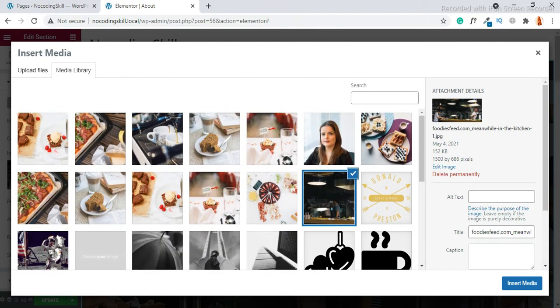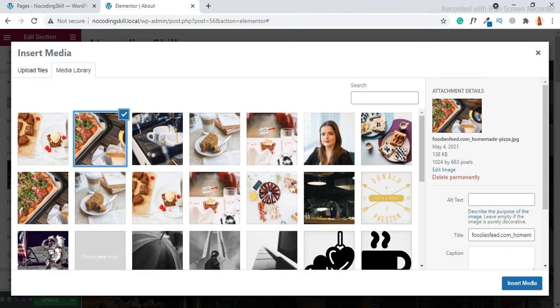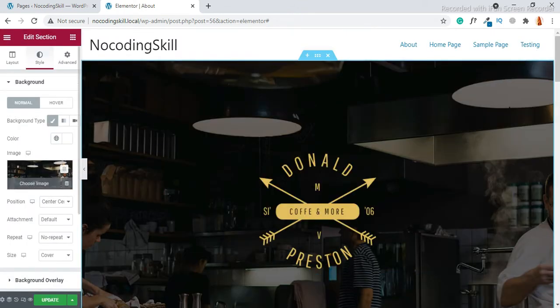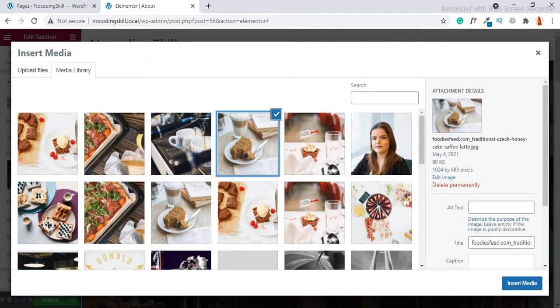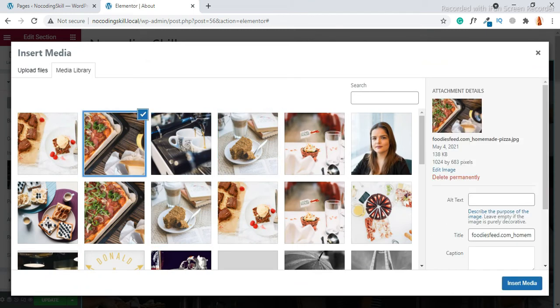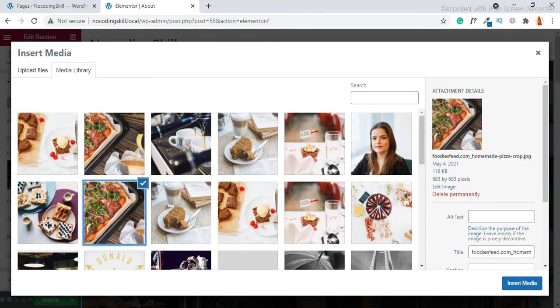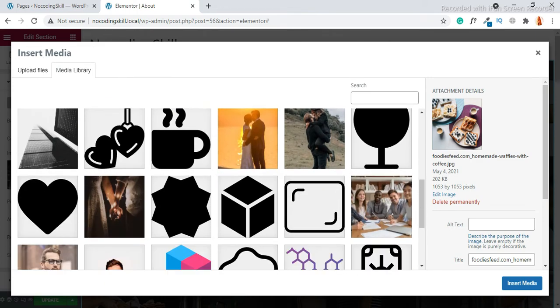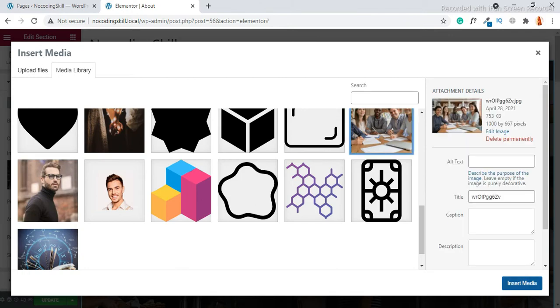Let's try this, insert. Oh, it's the same, sorry. Let's try a horizontal image. No. Okay, let's take this.